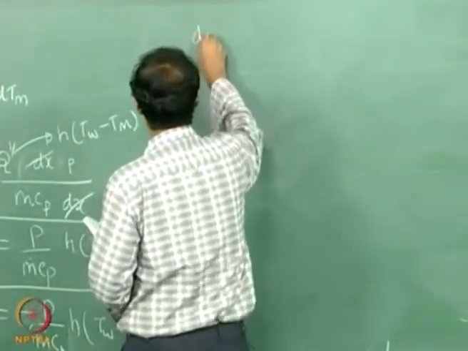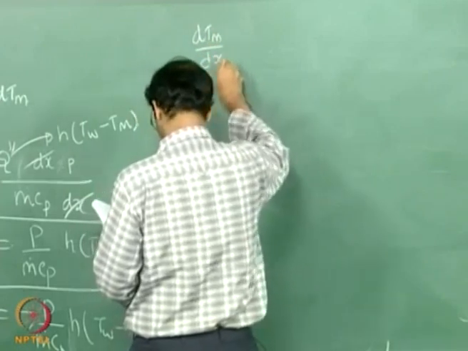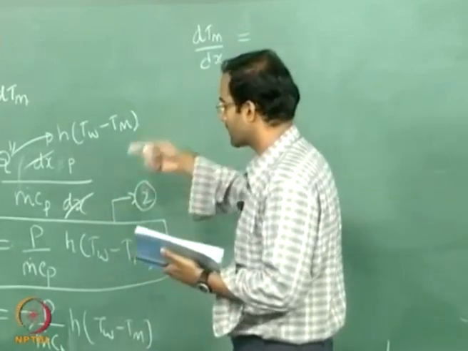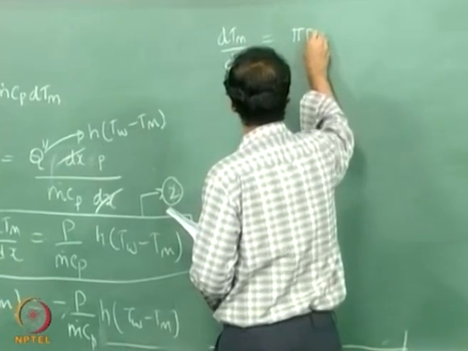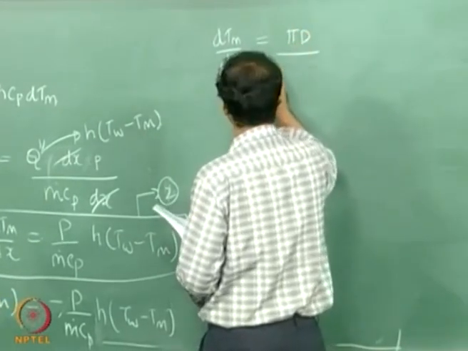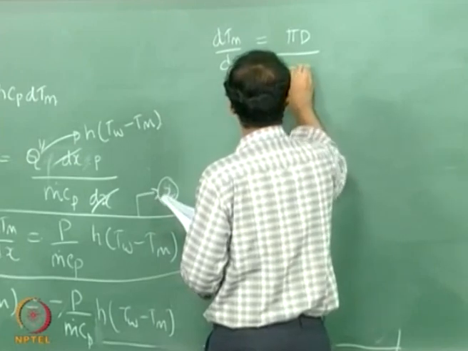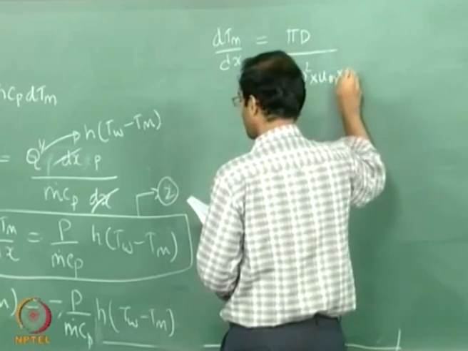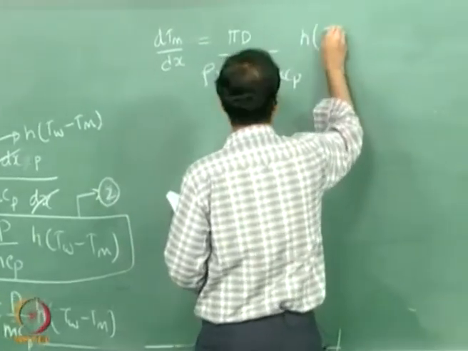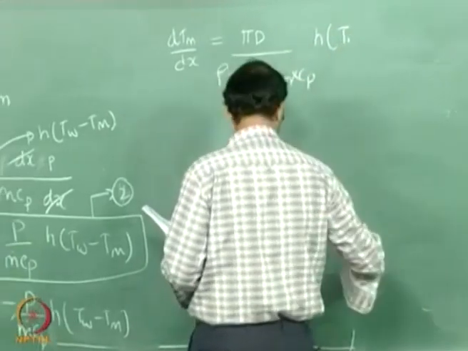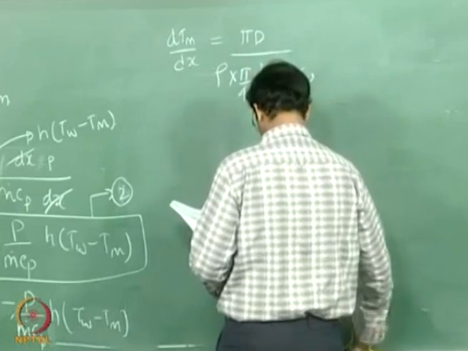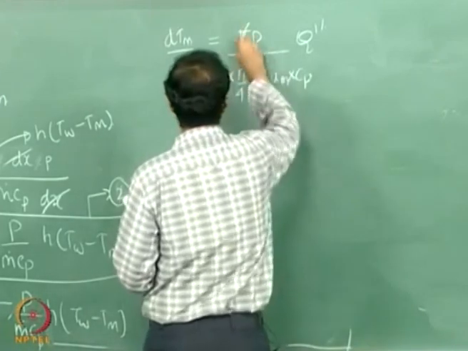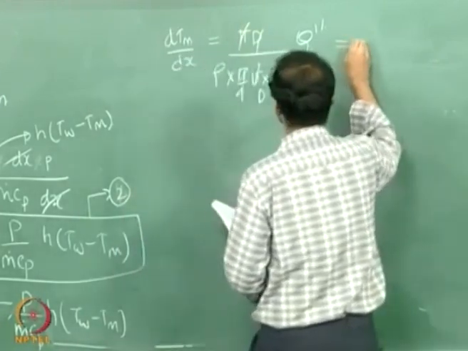you can write your dTm by dx as, for the case of circular duct your perimeter is pi d, divided by your mass flow rate, which will be rho into pi by 4 d square into the mean velocity, into Cp into h times T wall minus T mean. I can replace this by your heat flux q double prime. So pi cancels here, d cancels, so this will give me